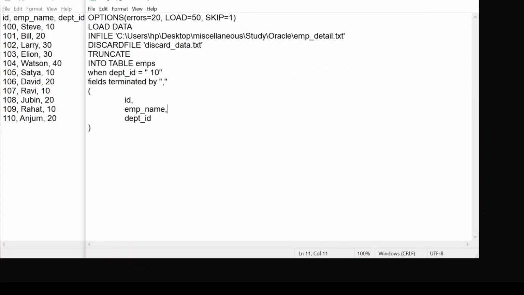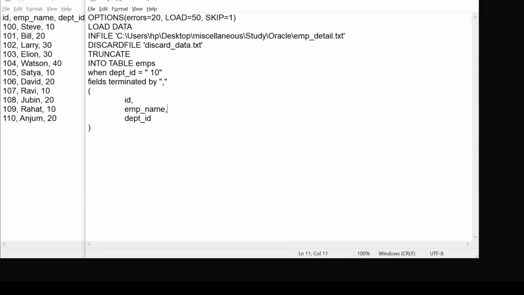A few keywords are also used in the control file. First is options. In the options we put some options like errors. If we do not keep these options inside the options keyword, it will still work. But if we specify these, it will work according to the specified values. As we have kept errors equal to 20, it means it will allow 20 errors.